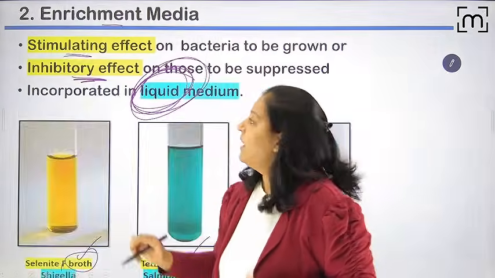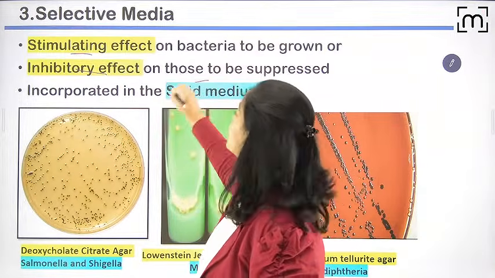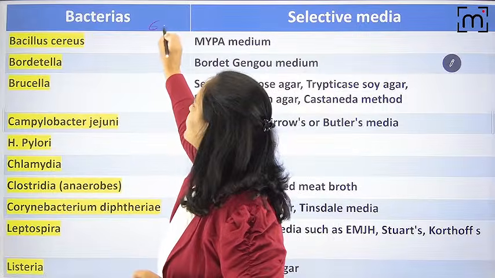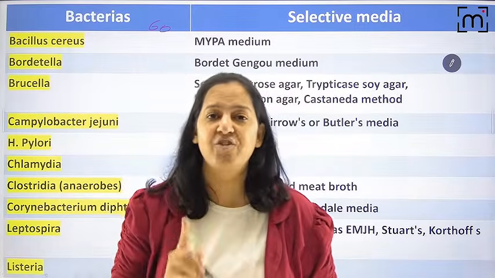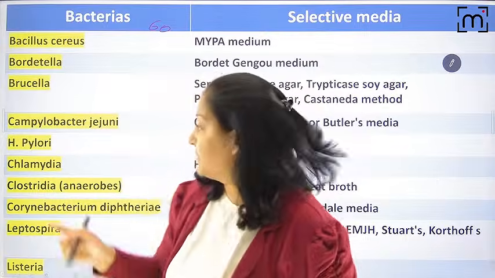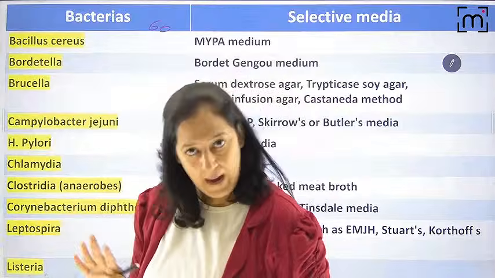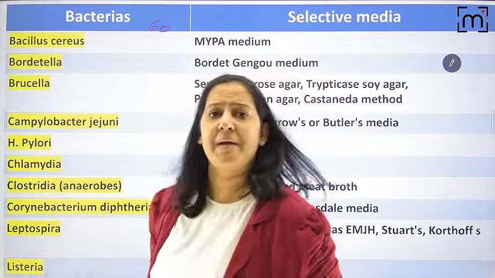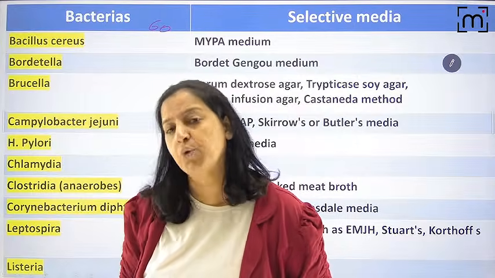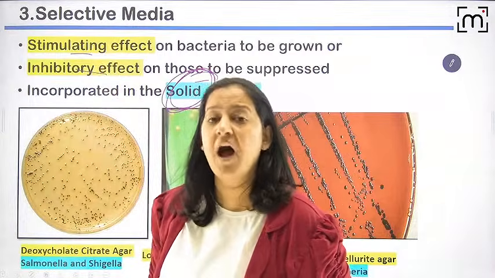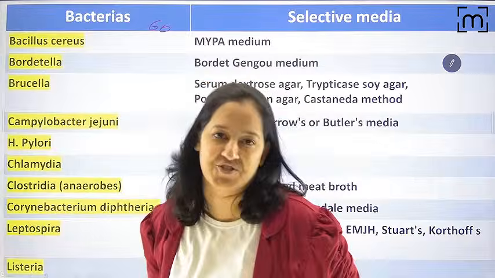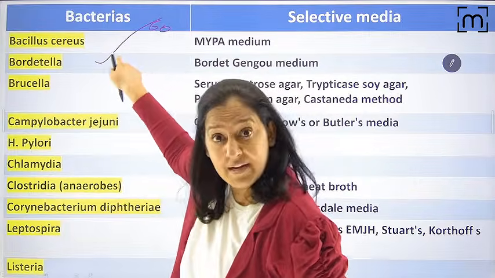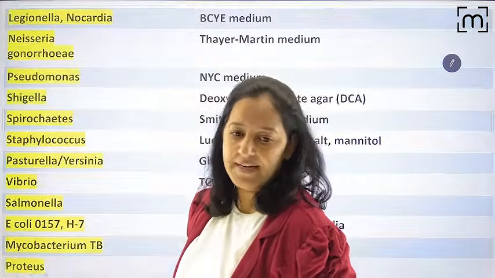The definition is the same. It also contains stimulatory and inhibitory substances, but it is solid. It is not liquid. Now I told you there are 60 bacteria in your syllabus. You should know the selective media of each and every bacterium at the tip of your tongue. So this is a list in front of you. I'm not reading the list right now, because from tomorrow I'm starting systemic microbiology. I will teach you all these 60 bacteria one by one, system wise. Whenever I teach you, I will tell you the selective media of that particular bacterium. You have to retrospectively open this list and cross check. Got it? You have to learn it. Make a 5-star over this list and mark it very important. So this is selective media.